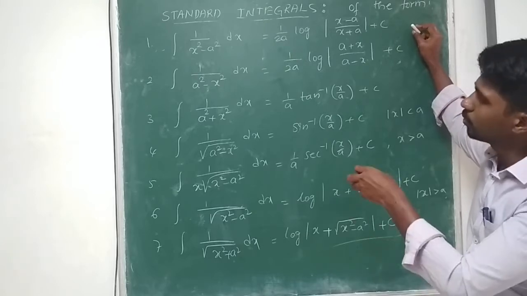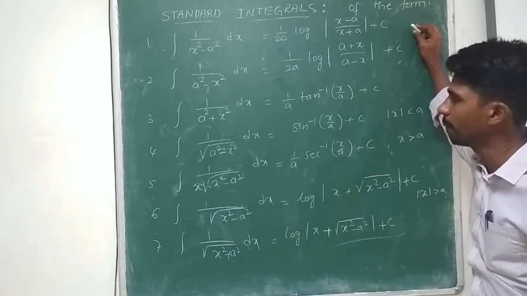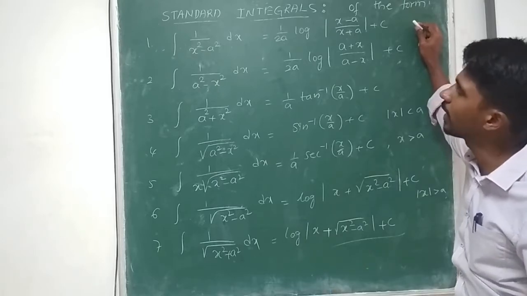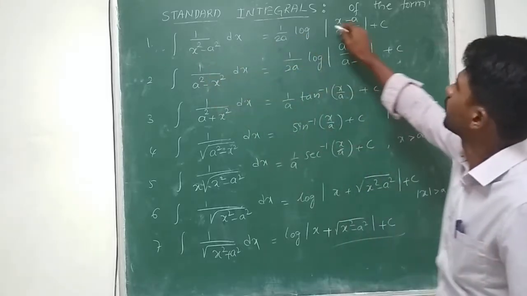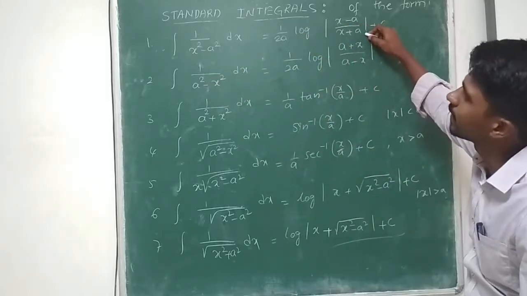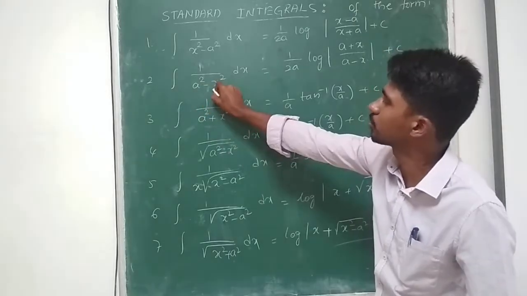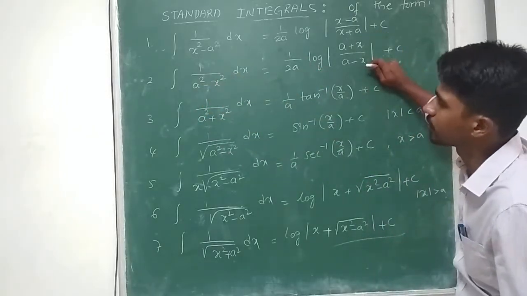See, we have to remember these formulas to solve the problems. For that, we can use some tricks. Say I have x square minus a square. X square minus a square can be remembered as x minus a by x plus a. If it starts from a, if I get a square minus x square, then in the numerator I get a plus x and in the denominator a minus x.